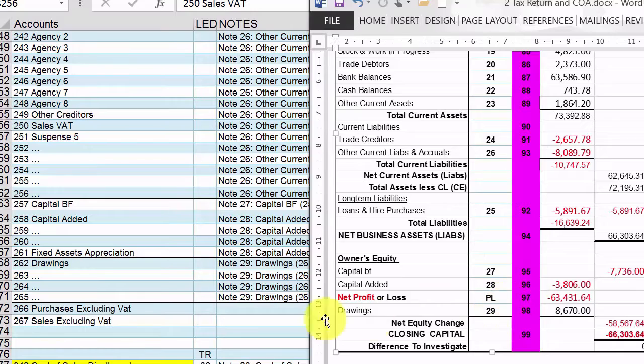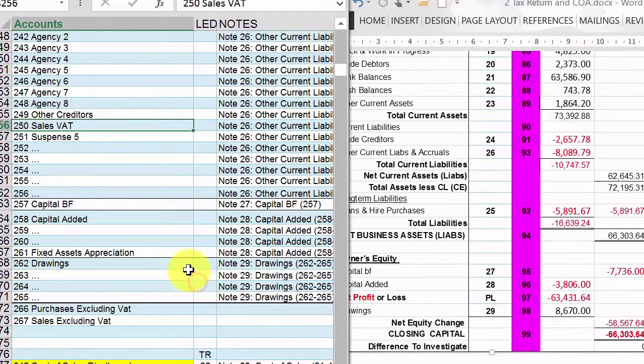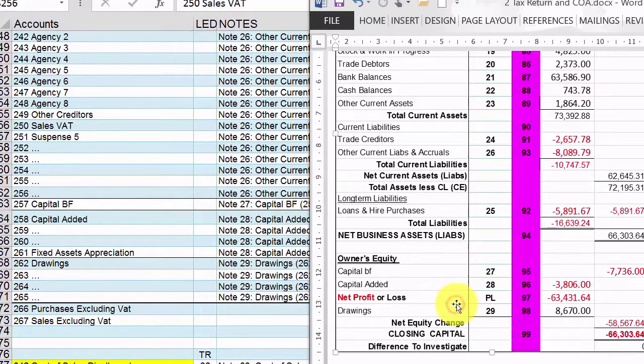And then finally we have accounts 262 to 265, which are for drawings. The sum of their balances is recorded on the balance sheet as note 29 and also in box 98 on the tax return. And in this case we have